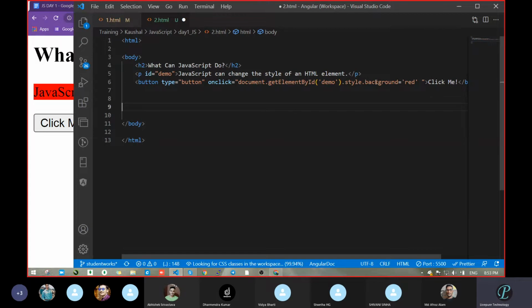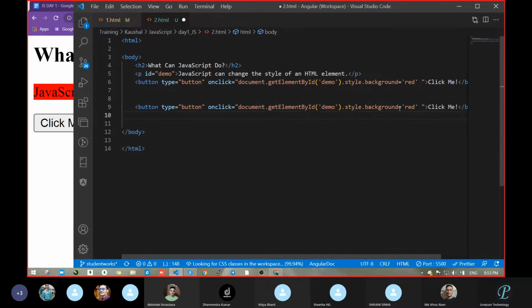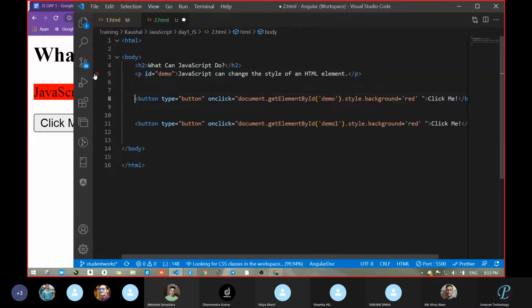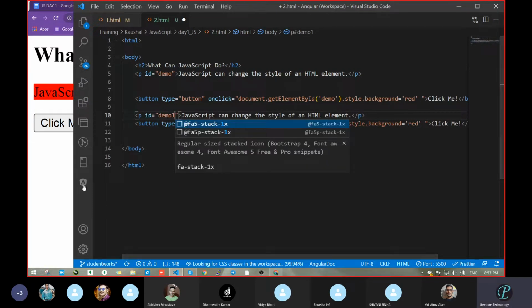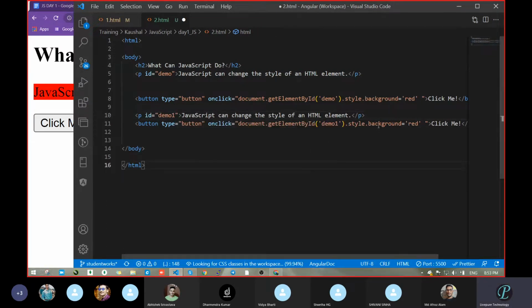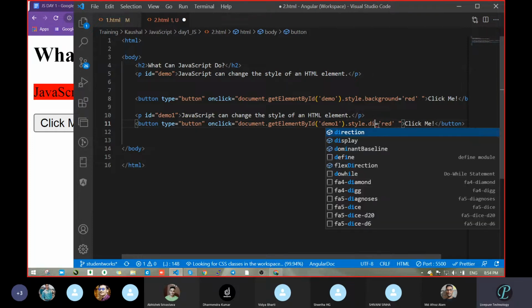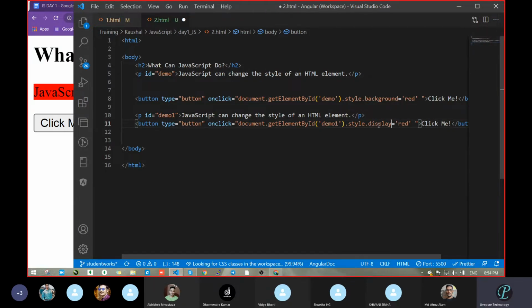Okay, go here itself. See, if you correlate with others, you will learn easily. So what I will pass there is style dot display. Let's see, it came display, and what will we pass here?